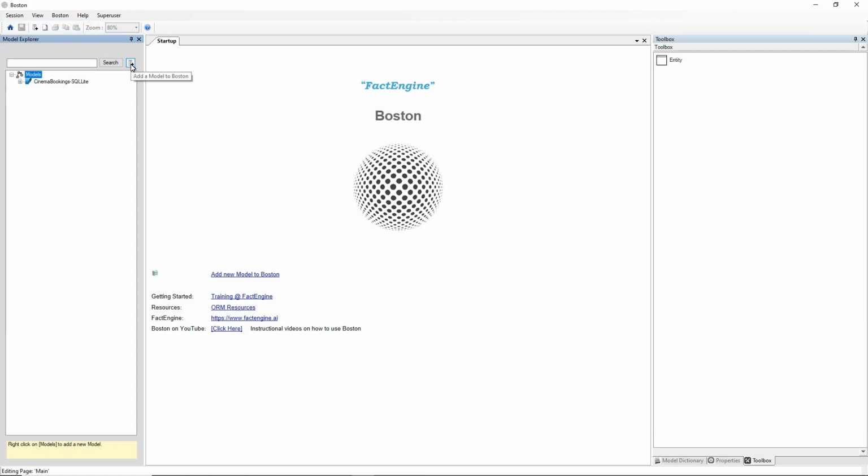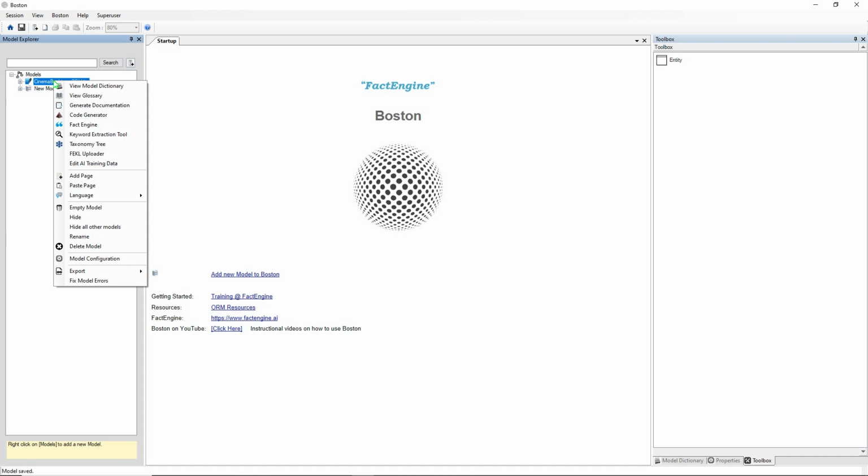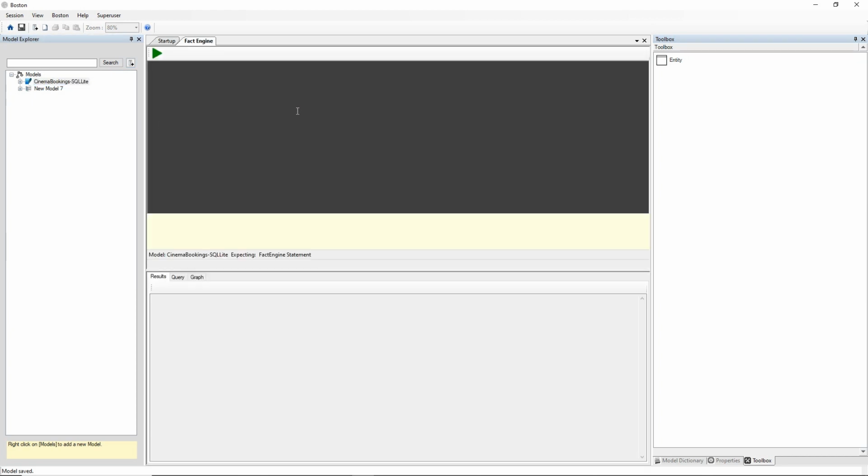So I'm just going to click on this button here and we're going to create a new model. Now the icon for a model is a database, and you might wonder why a conceptual model has a database for its icon. The reason for that is that if we go to, say, our first model and go to Fact Engine,